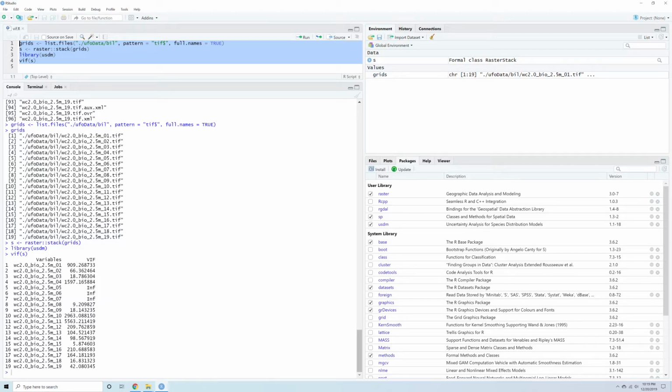In this case, there are a number of exceptionally high VIF values, and only 2 variables are lower than 10. So I decided to up the cutoff value to 20. In short, the values are slightly correlated, but nothing significant. As you can see, Bio 3, Bio 8, Bio 9, Bio 15, and Bio 18 should be kept for running